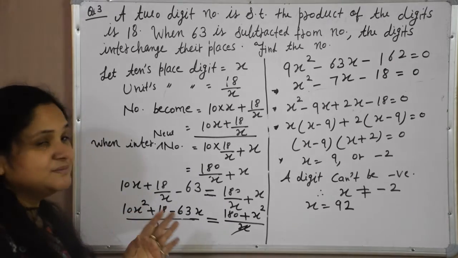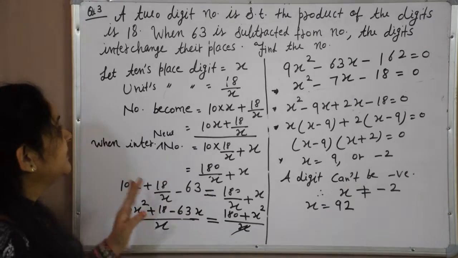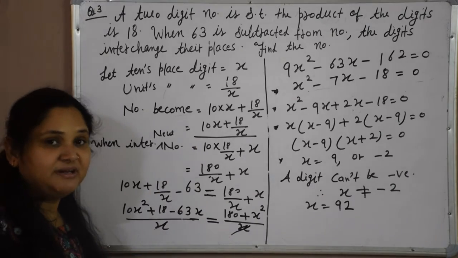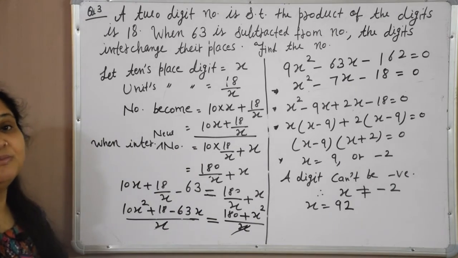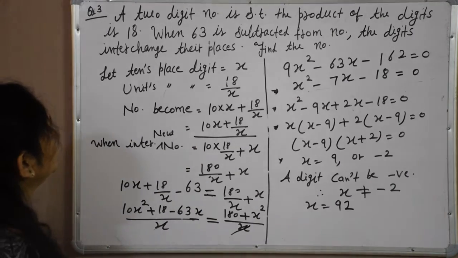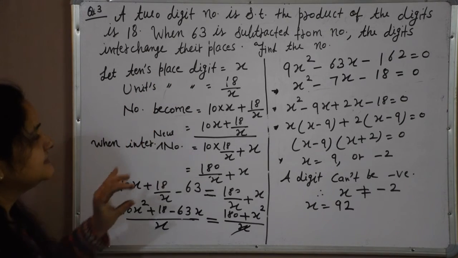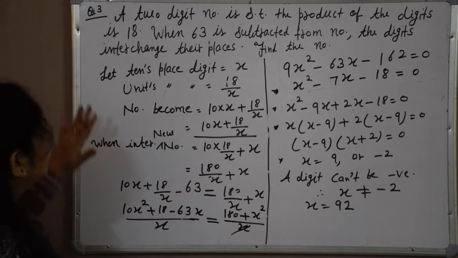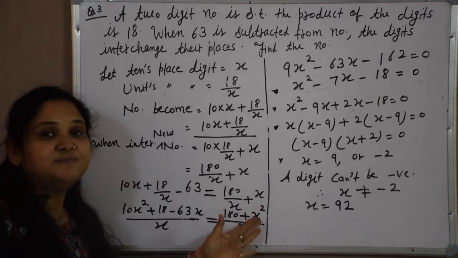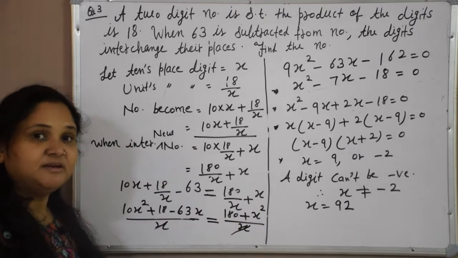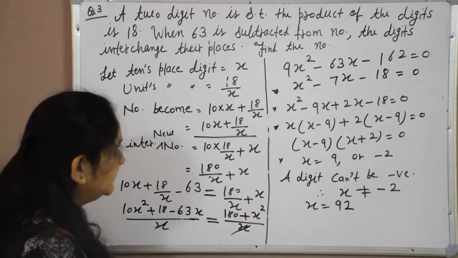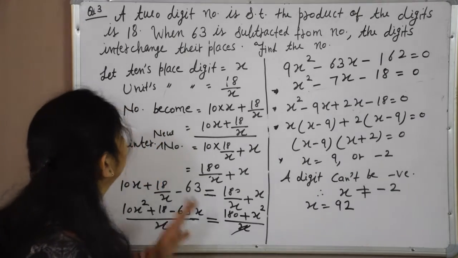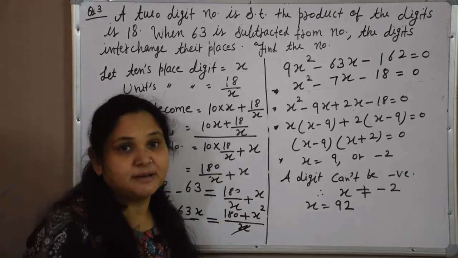Now the question becomes a little complicated, but if you understood the concept very nicely, there should be no problem for any of you. A two-digit number is a little confusing, but I have told you two or three times. Again, if you have any doubt, you can ask in the comment section. Now I will take some more examples.